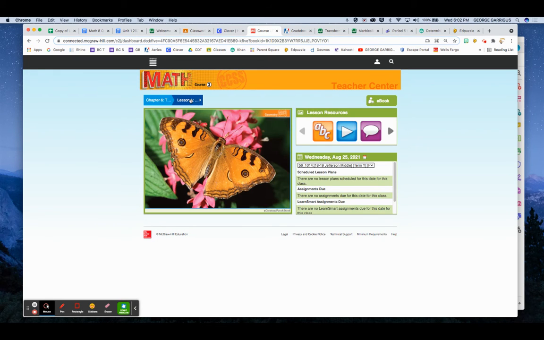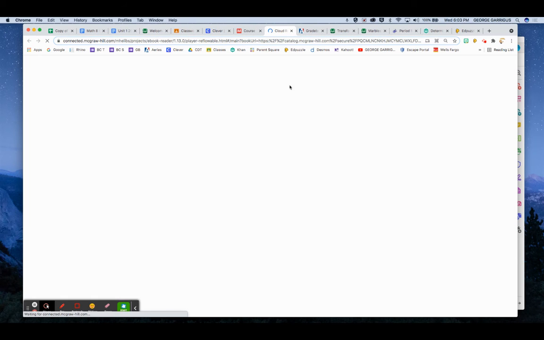They would choose lesson 1, and we have all these awesome resources for them, where these are actual examples in the book. There's a tutor that goes through how to solve all the problems, and you might ask, well, how would they get to the book? Well, there's a tab here that says eBook, and if they click on it, it will take them to the page that they're supposed to be on.